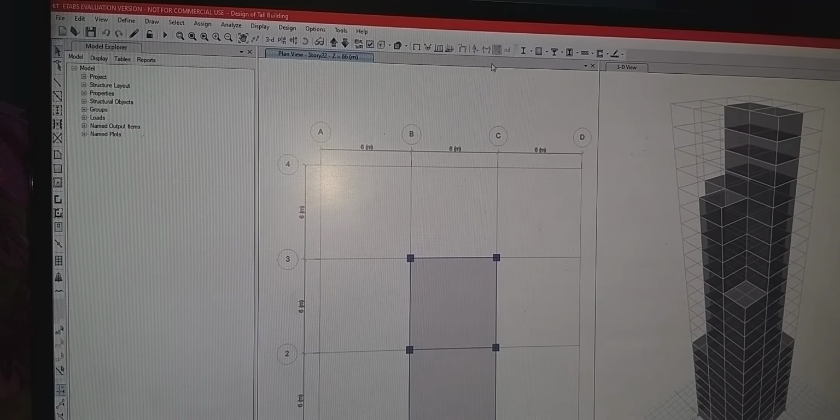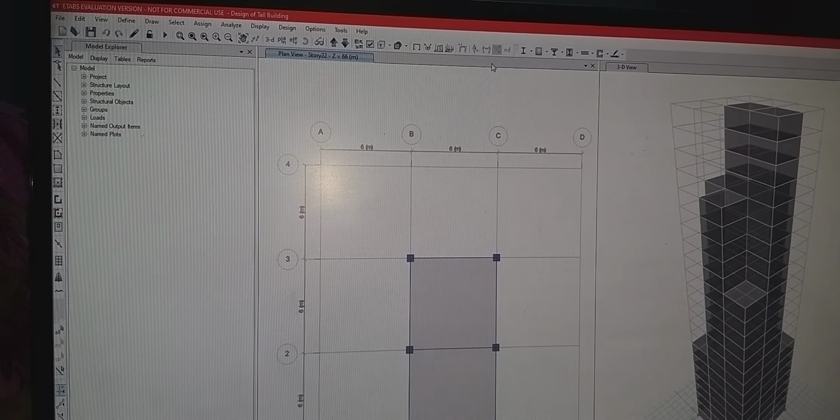Now here we will ensure that the load is acting in both x and y direction. Next, for the response reduction factor we will keep 3, because we are considering an ordinary RC moment resisting frame, whose value is 3 in IS code. After this we will check whether the seismic zone factor is 0.1, because we are considering that the building is in Bangalore, and since Bangalore falls in zone 2, and the seismic intensity of zone 2 is 0.10 in IS code, we will keep the value 0.1.